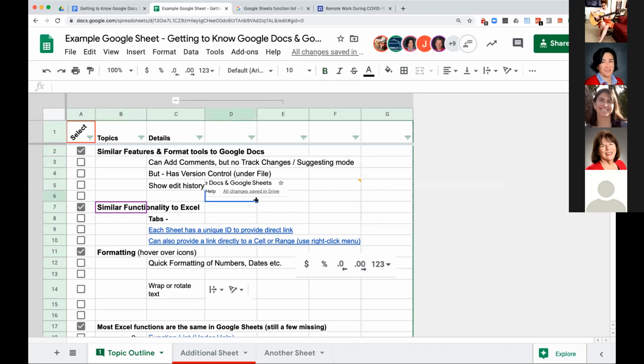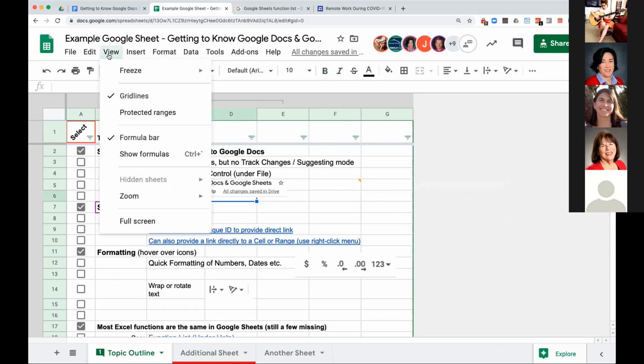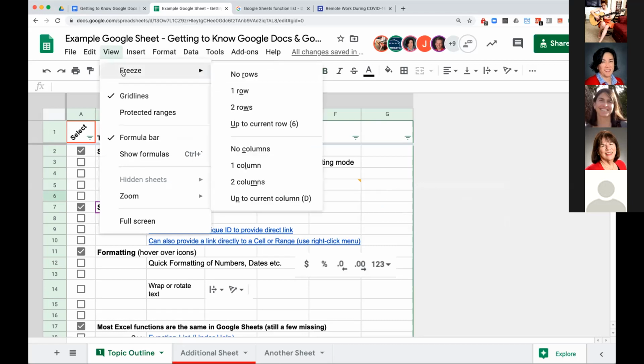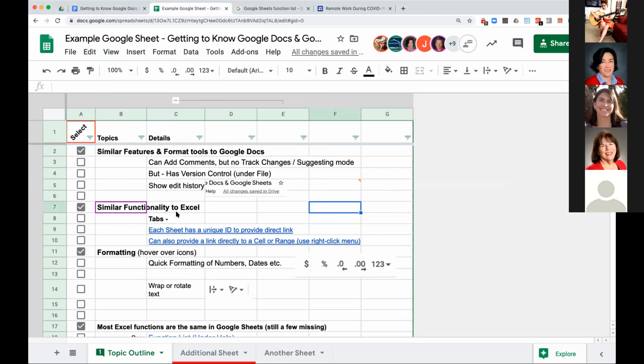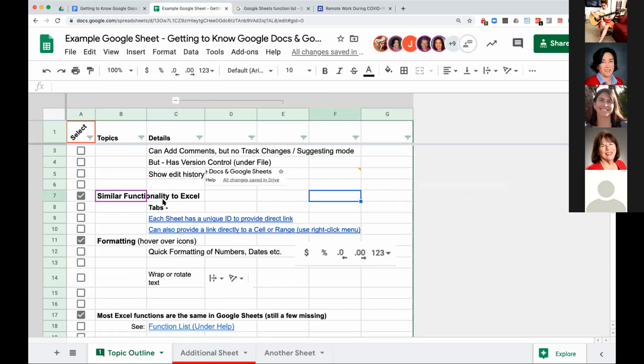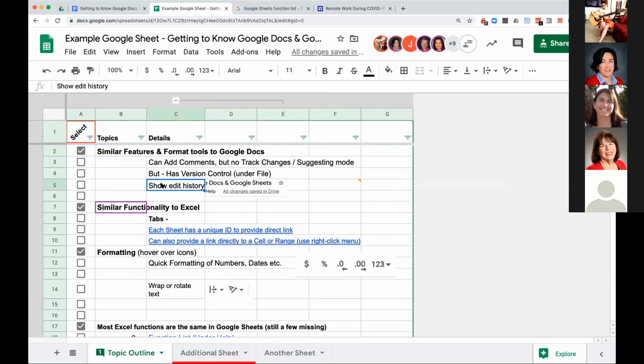And I see there's a question about freeze frames. Basically there's freeze, and it works similarly. Right now I have the top row frozen, and so if I scroll around, that top row stays. But maybe I want the first 3 columns and the first 5 rows to be frozen.